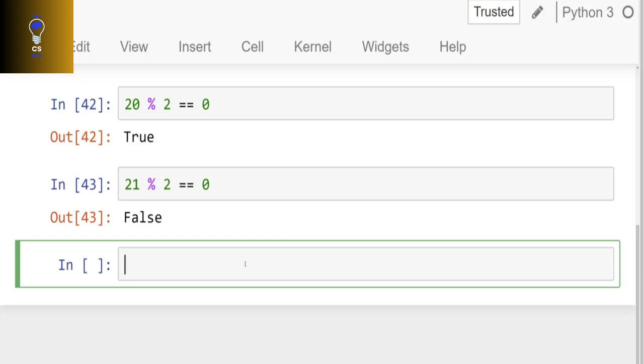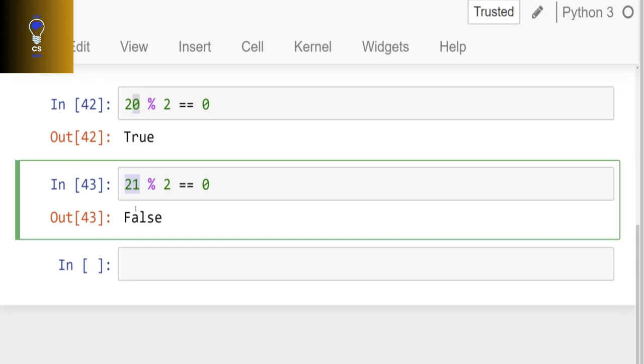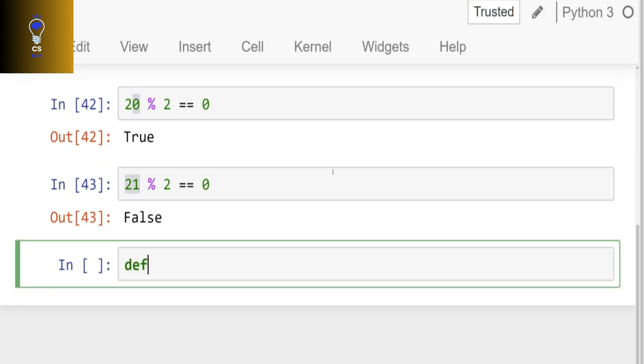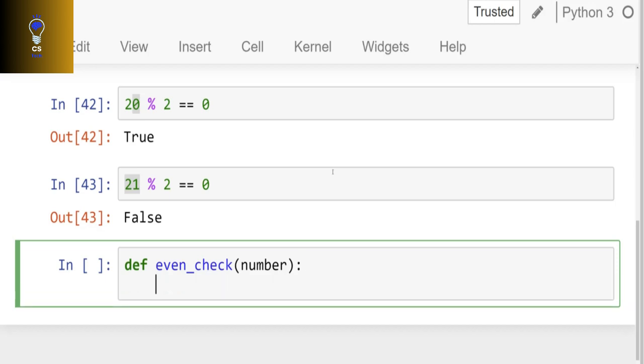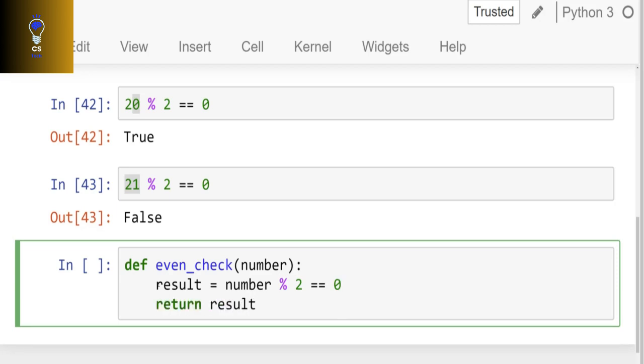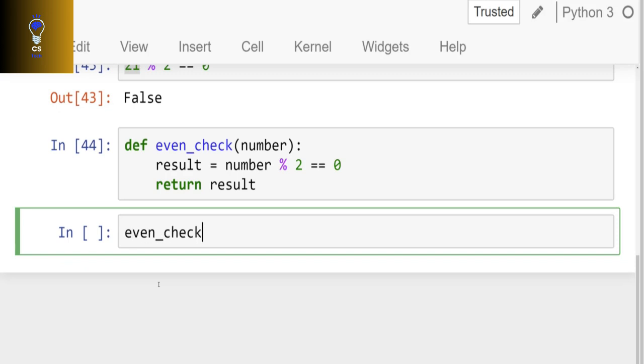That way we can place any number here instead of having to manually type in 20 and 21. We start off with the keyword def. Call your function whatever you want. I will call mine even_check. Notice the snake casing here. We have to pass in an argument. I will call the argument number. This is where you have flexibility on what you want to call it. And then what I need to do inside of this is say the number mod 2 equals 0. And so what this is going to do is if I say something like result is equal to number mod 2 equals 0, I could return the result, run this,